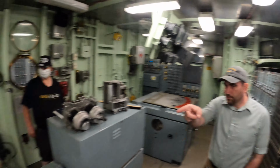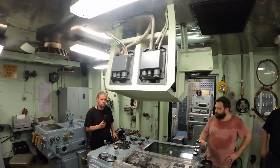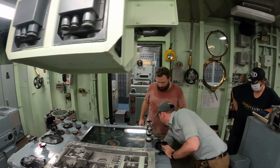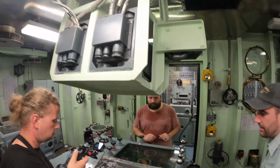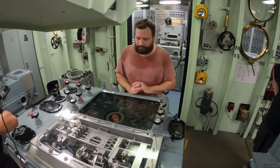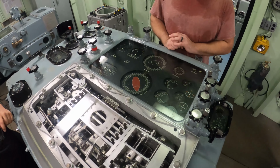So, that's a Mark 8 Rangekeeper. This is the last one in the world that still works. You'll excuse me. Sure. This is how you aim the 16-inch guns. It takes 19 separate variables,